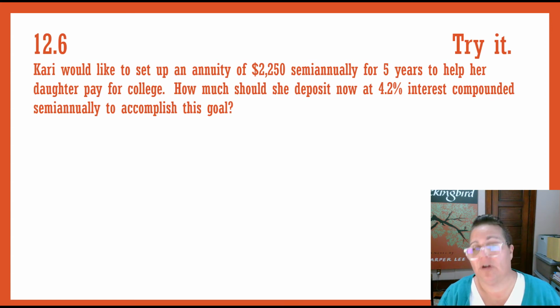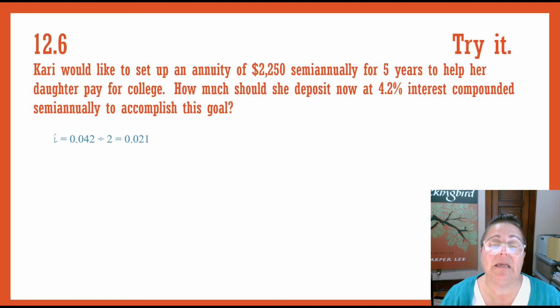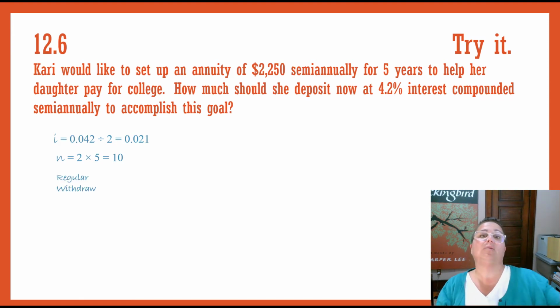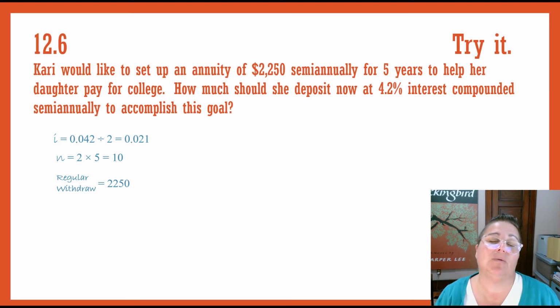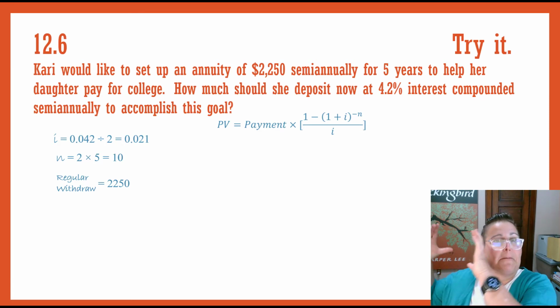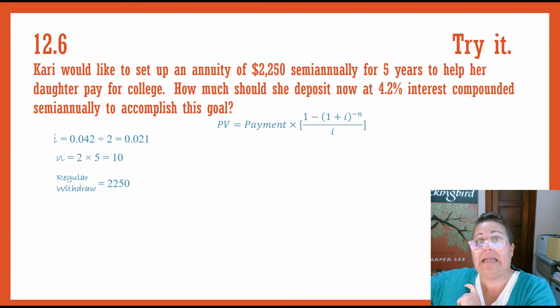So we need to find her interest rate per period, which is 0.042 as a decimal, divided by 2 because we're compounding semi-annually, or 0.021. Total number of compounds is twice a year for 5 years, or 10 total compounds. And the regular withdrawal payment is $2,250. Using the formula, the payment times a big block of parentheses, 1 minus 1 plus i to the negative n